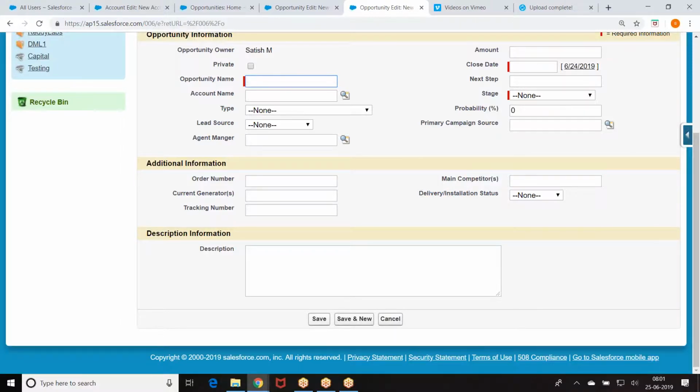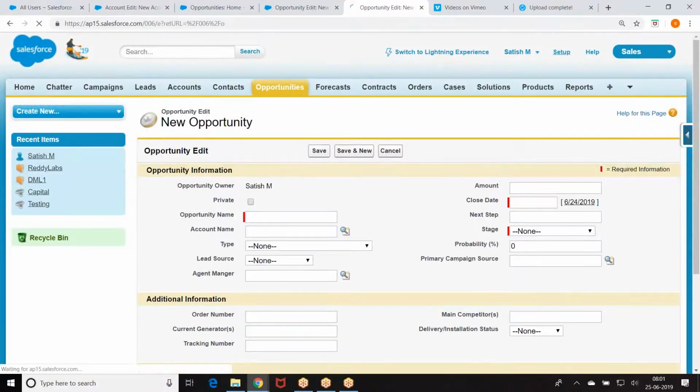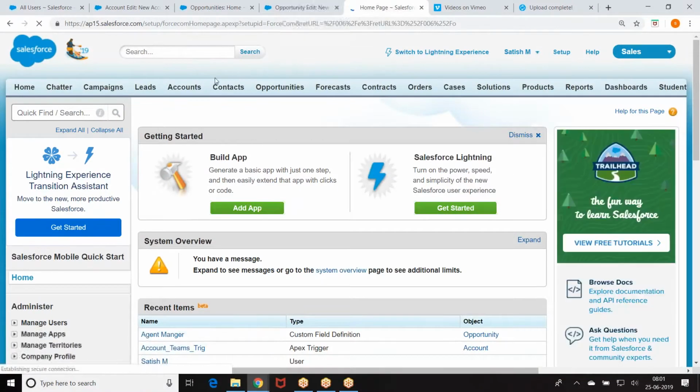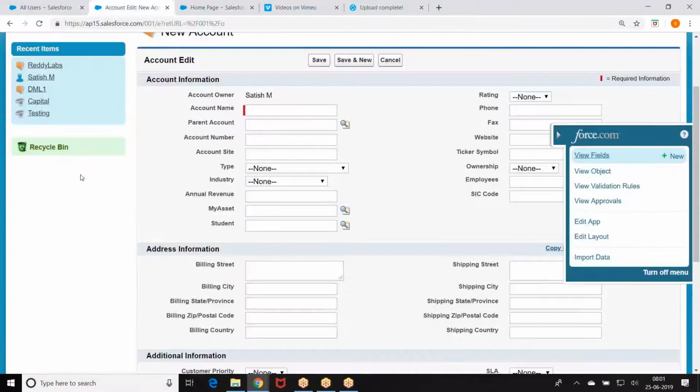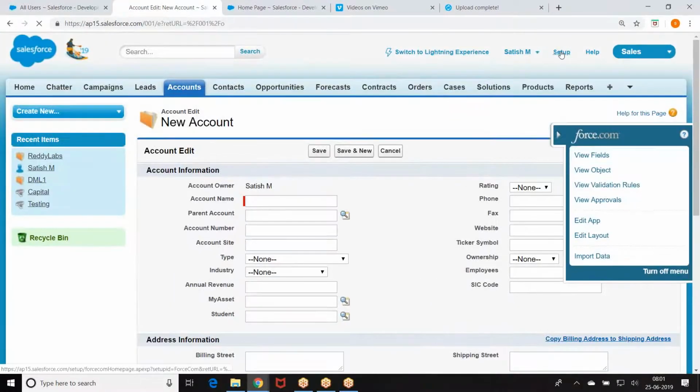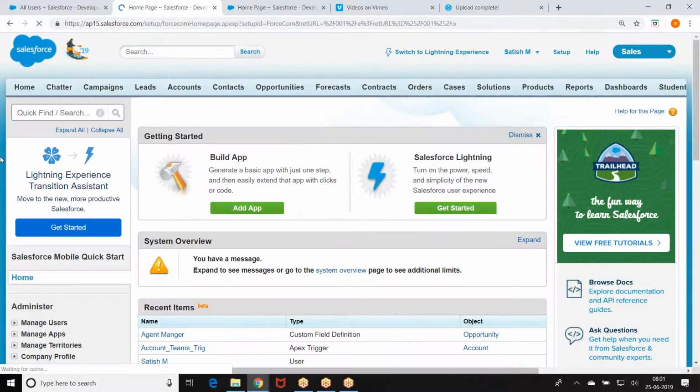First, the thumb rule. When can I go for sharing rules? Sharing rules are applied only when the access is public read only or private.